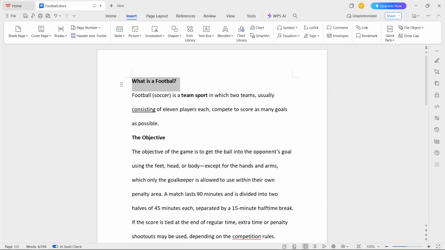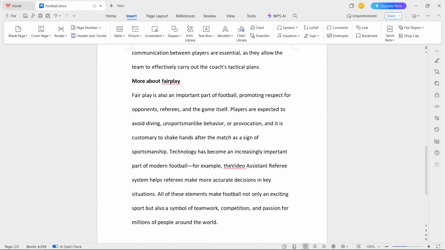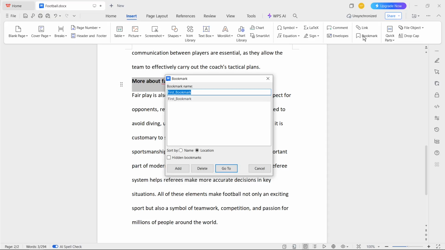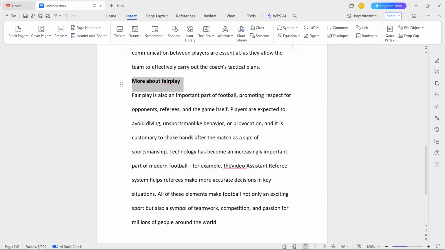another bookmark. So for example, I scroll down and I'm going to add this location to bookmarks. So I select this text, I click on bookmark again, and this time I will type here the name last bookmark. Now I click add button, and now if you want to display all bookmarks, you need to go to